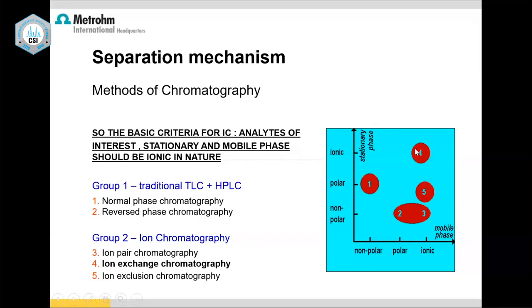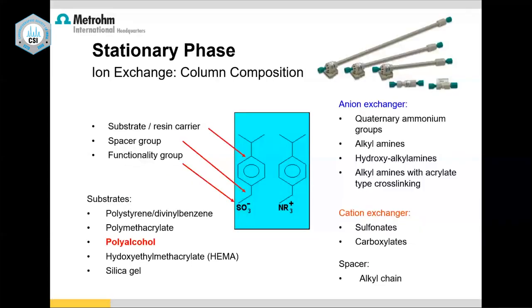Let's see how. You see a picture on the right side top. That is the picture of the columns. It is also brown in color. As against what you normally use in HPLC, it is not made of stainless steel, it is made of PEEK. The entire body is made of PEEK, and there are different lengths of columns, right from 50 millimeter, that is 5 centimeter, to 300 millimeter. So you can accommodate such columns.